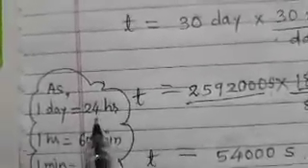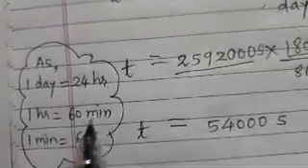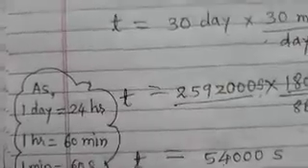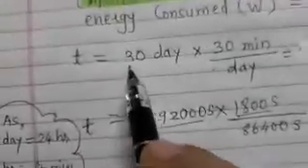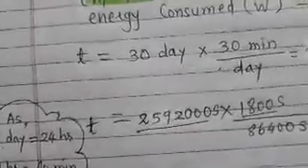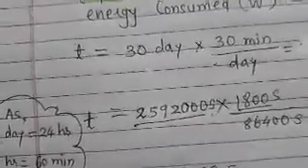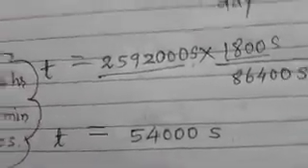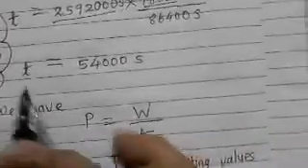Because to convert, we know that 1 day is 24 hours and 1 hour is 60 minutes and 1 minute is 60 seconds. So using this we multiply 30 into 24, then into again 60, and again whatever we get, we multiply it by 60 and we get these many seconds. And when we solve it, we get,